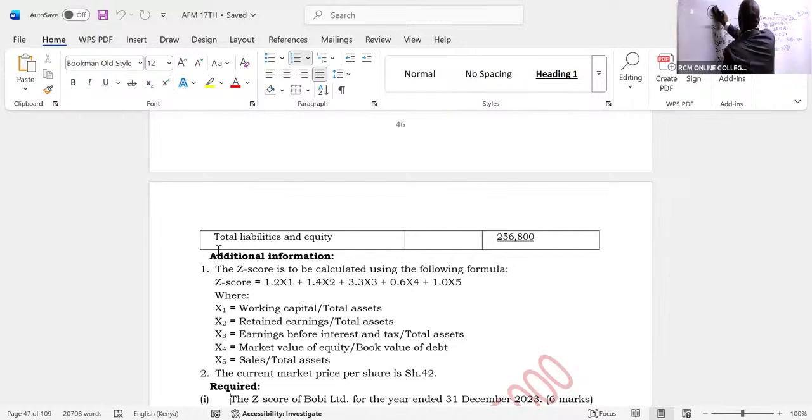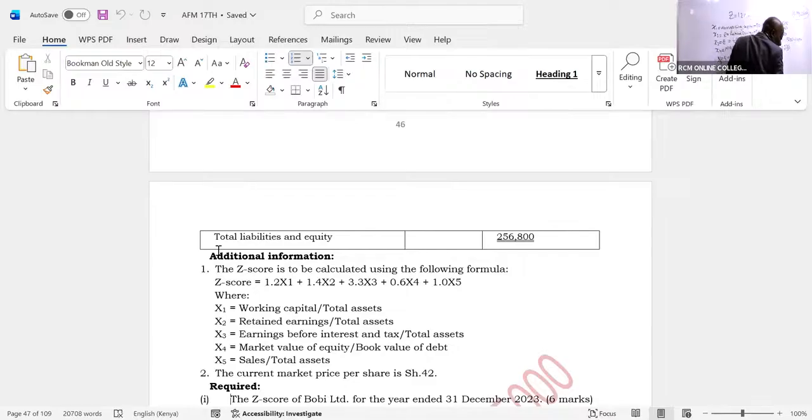That one shall always be given. That one shall always be provided. These ones shall always be provided. So then our Z, ladies and gentlemen, I can see our Z there is 1.2x1